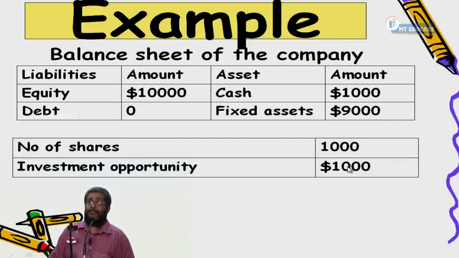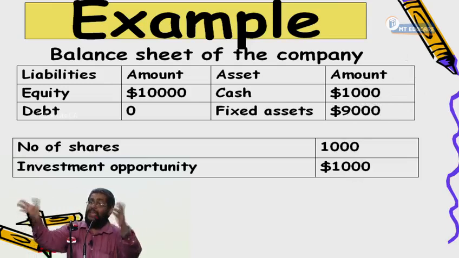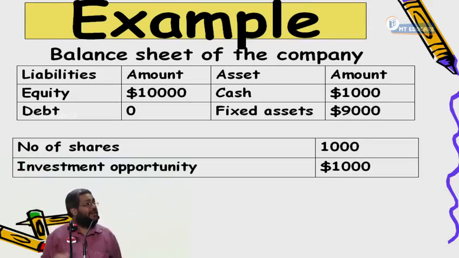The only relevance is this investment opportunity. Why did the company's shareholder wealth not change? The wealth did not change because it is having an investment opportunity giving how much NPV? Zero NPV. Hence the wealth did not change. If it is having an investment opportunity giving a positive NPV, wealth will surely increase. Is the understanding clear? Can I proceed or not?